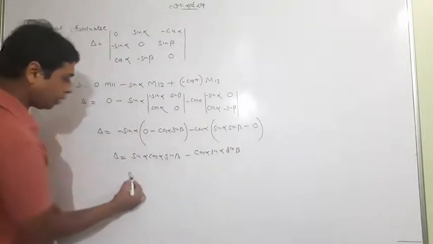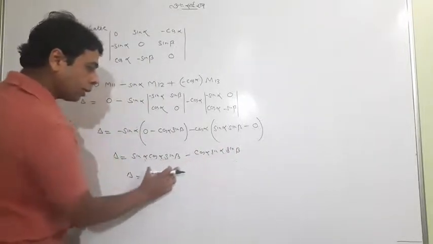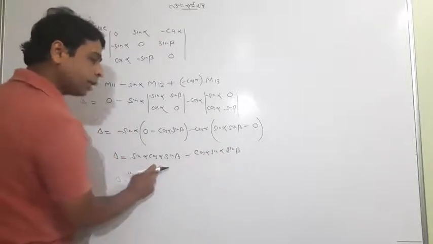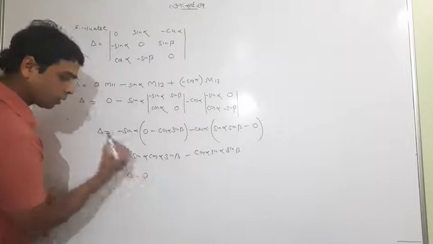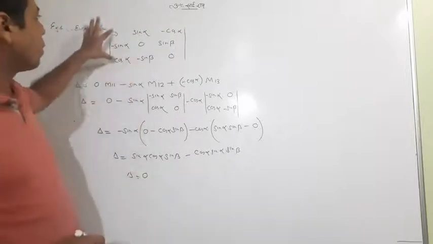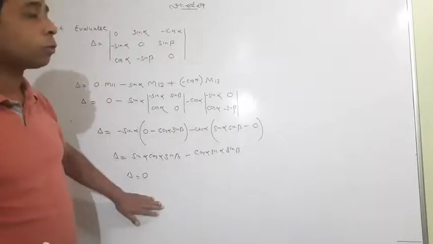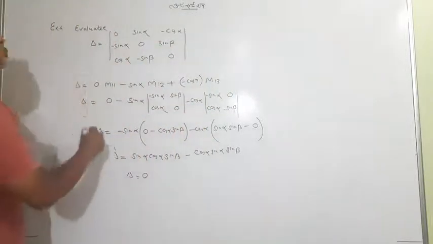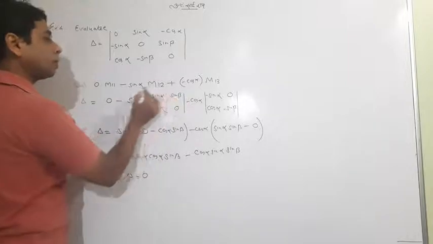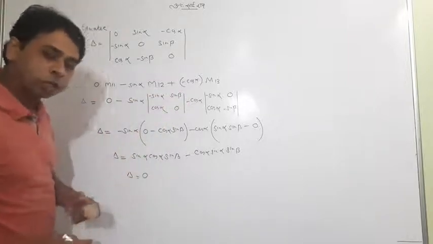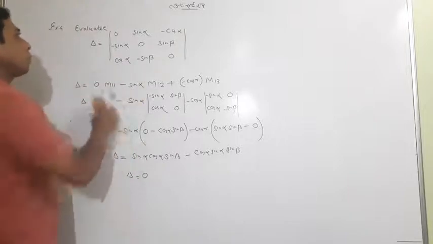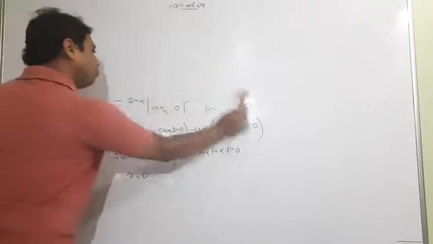So let me explain something: these two terms are identical. Cos alpha, sin alpha and sin beta, each and every term are identical. Both will cancel. Answer is 0. So the value of this determinant is 0. Hope it is very easy for one and all. You always have to use for expansion this simple concept, until and unless it is stated specially, then you have to use only this one. So this is example number 4.